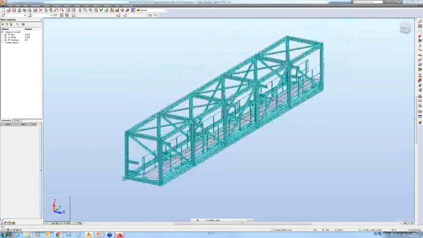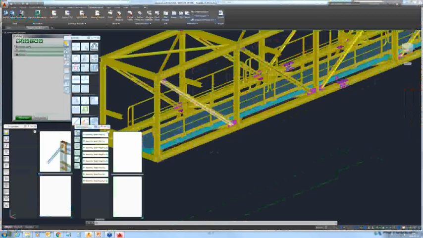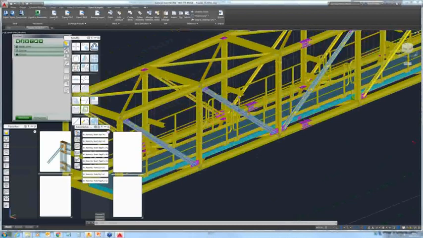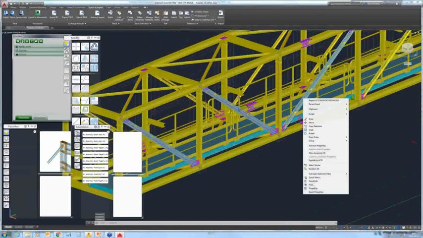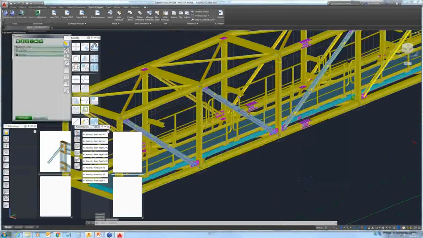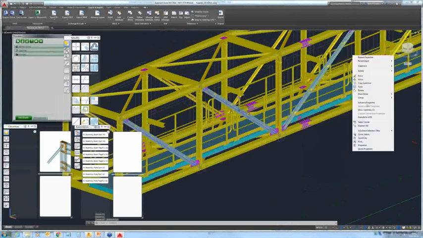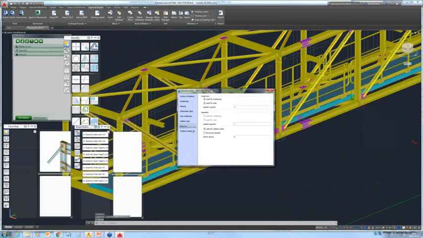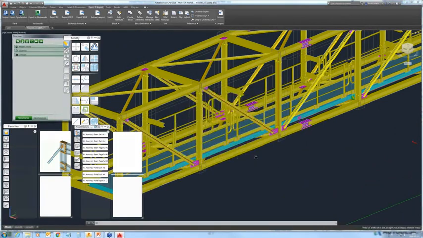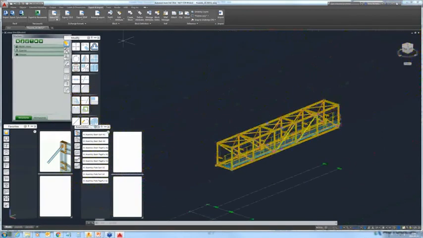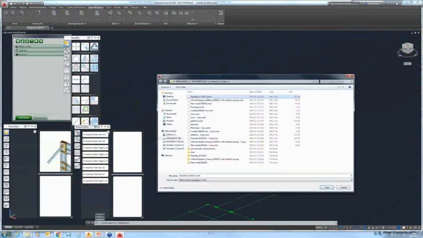So if I go back to Advance Steel, I may select a couple of diagonals that were missing during the first import. And if I go to the properties, advanced properties, of course, on the behavior tab, I may mark the structural member checkbox. And this time, if I export the model,